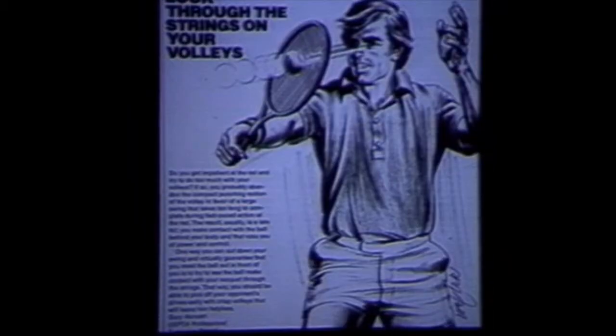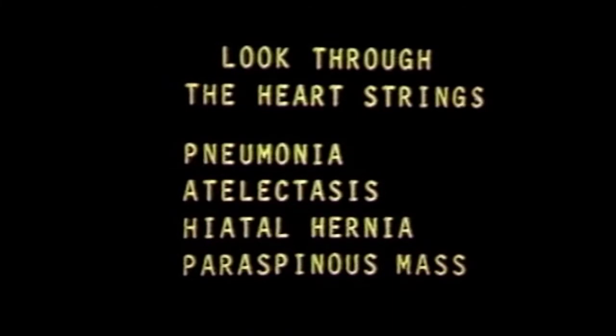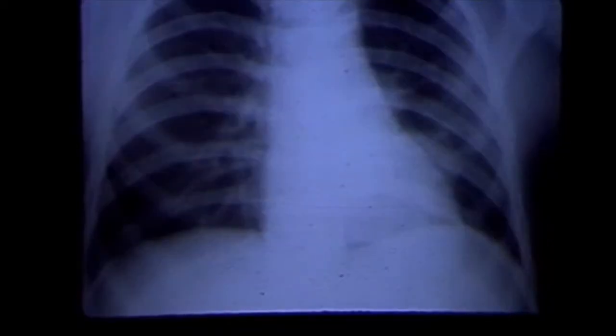Finally, if you want to volley well, look through the strings. If you want to see the chest completely, look through the heartstrings for pneumonia, atelectasis, hiatal hernia, and paraspinous mass. Here's a child who's febrile, and it's hard to see, but look through the heart. There's a different density between the apex of the heart and here, and a darker film shows the pneumonia that